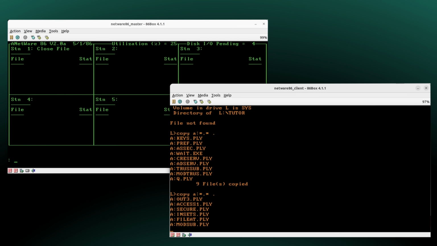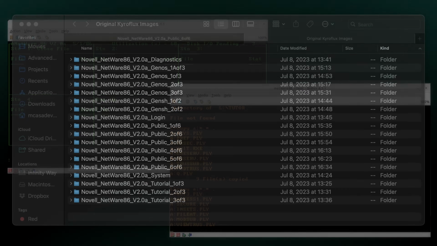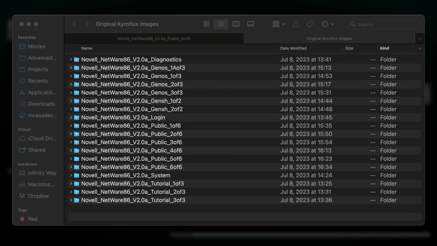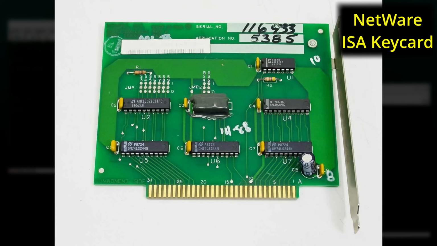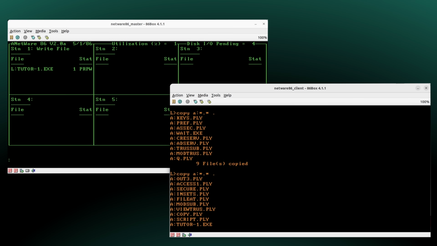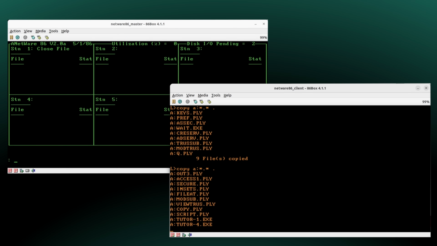These disk images were sent to me as Cryoflux dumps by an anonymous submitter, but they didn't work out of the box. For one, early versions of Novell NetWare required a license protection keycard, which was physically installed in an empty expansion slot. These came my way back in March, but at the time I didn't have enough spare time